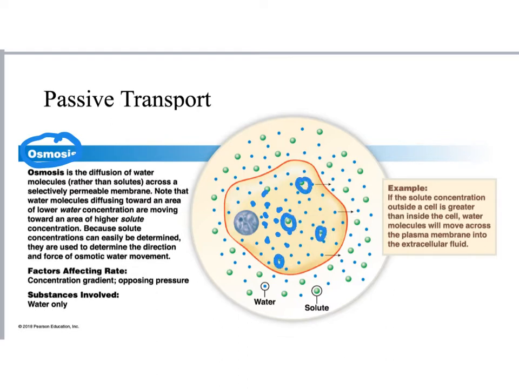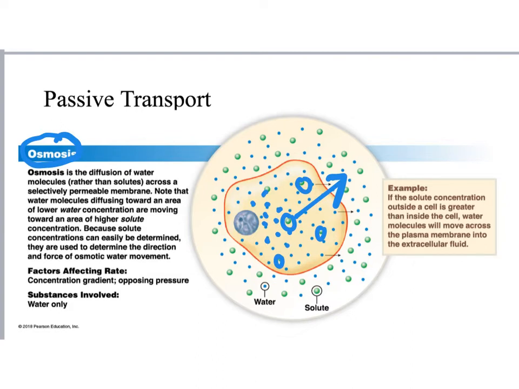So there are way more water molecules than there are solute molecules. So we might say that the concentration of water inside the cell is high, and the concentration of water outside the cell is relatively lower. So all diffusion moves from high concentration to low concentration. So the water will move to outside the cell. And that is a fine way of thinking about it. You could say osmosis is the movement of water from a high concentration of water to a low concentration of